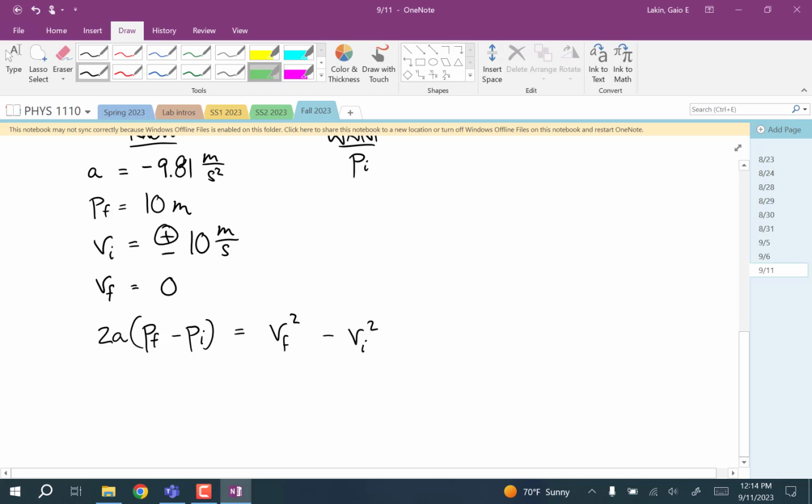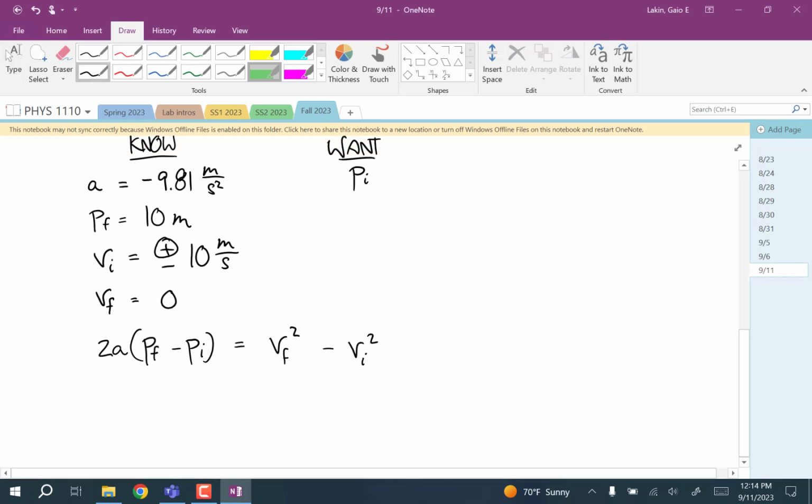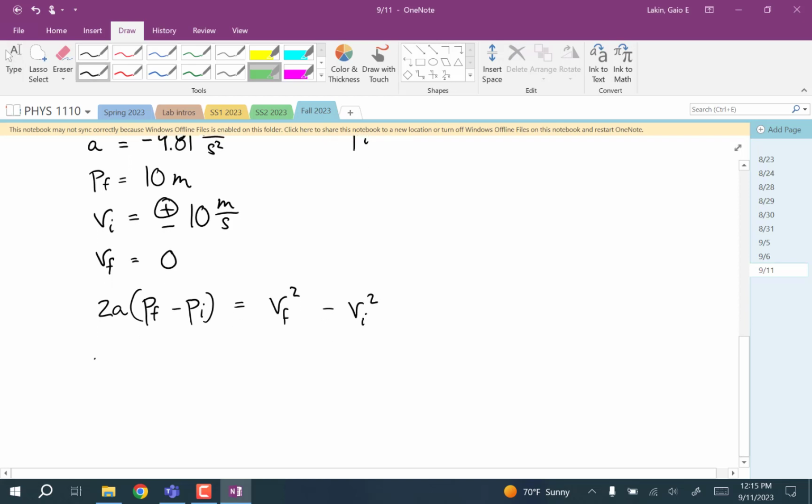So let's check and make sure that this will work. It has to have PI in it if you're going to solve for PI, and it does. And now let's go through all the other variables in the equation and make sure we know them. A, yes. PF, yes. VF, yes. VI, yes. So we know this will work. So we have 2 times negative 9.81 times the quantity 10 minus PI is equal to 0 squared minus,